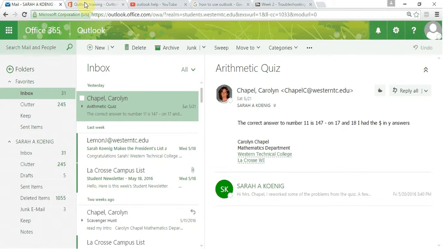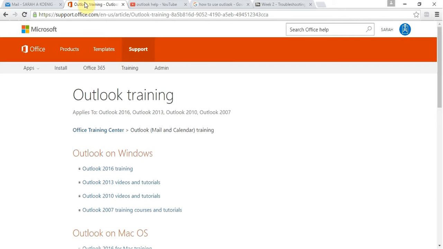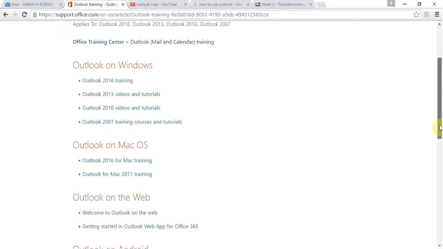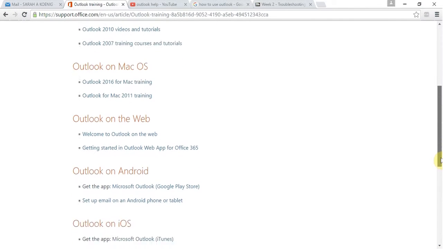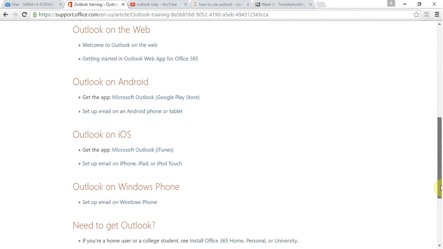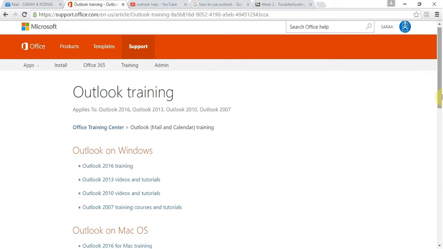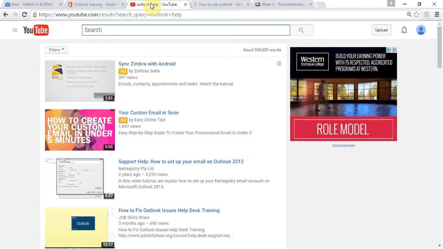The other one, I like to go to Google a lot. This is Outlook training. So there's all kinds of tutorials for pretty much any device you could have, which I think is pretty great because I use Outlook on my phone and obviously here. And then there's also YouTube videos. I mean, you search Outlook,